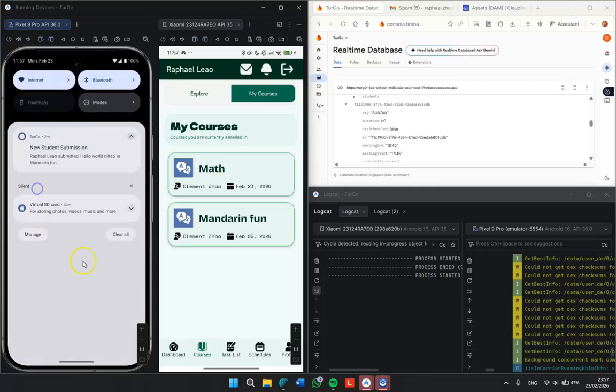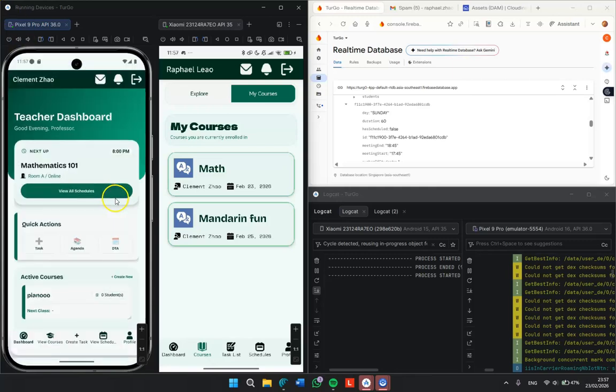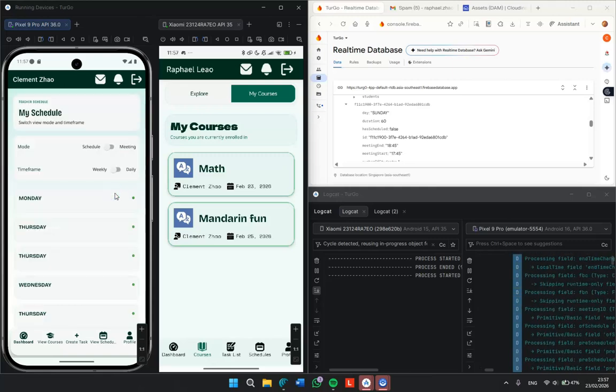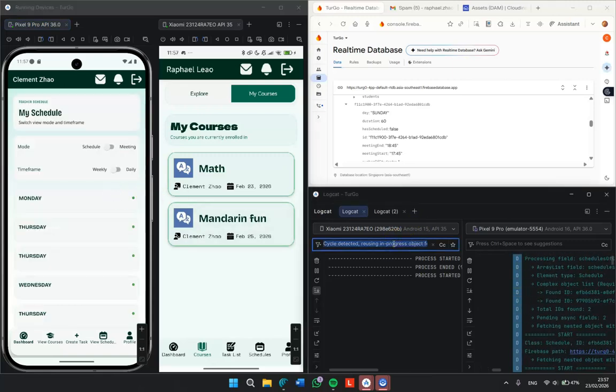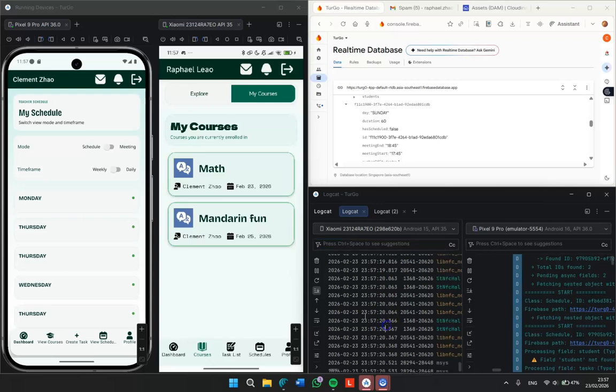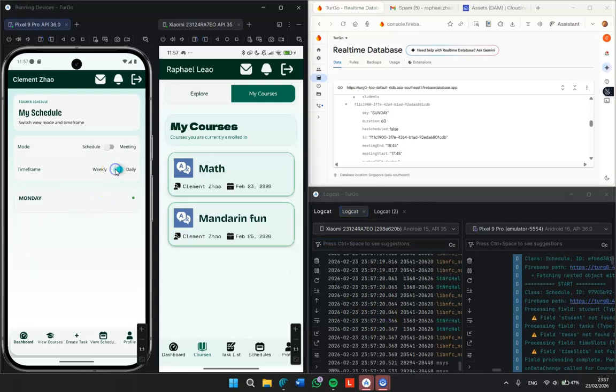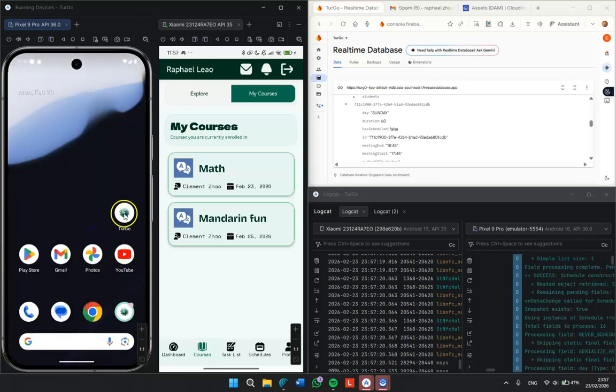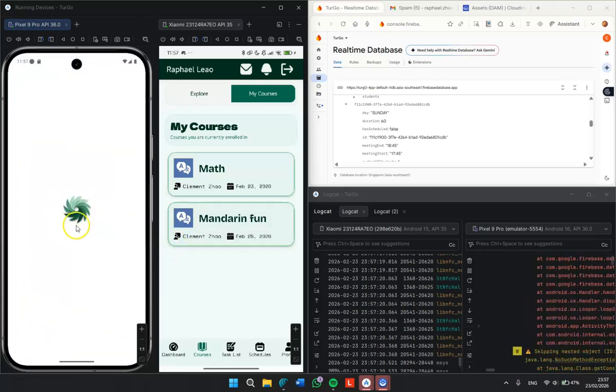See, notifications are working perfectly. So we can view the schedules here. There's also this, and you can see logs and everything, and the daily time frame and the meeting time frame. Okay, it doesn't work. Anyways,